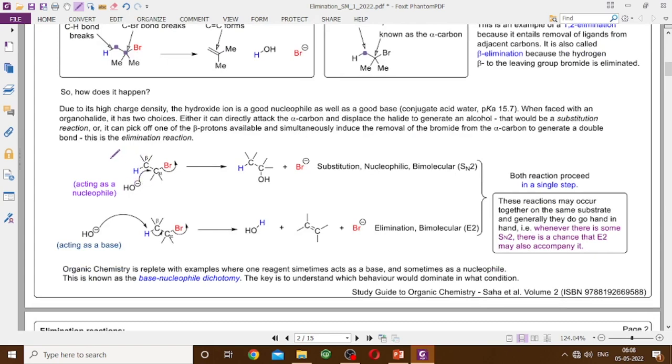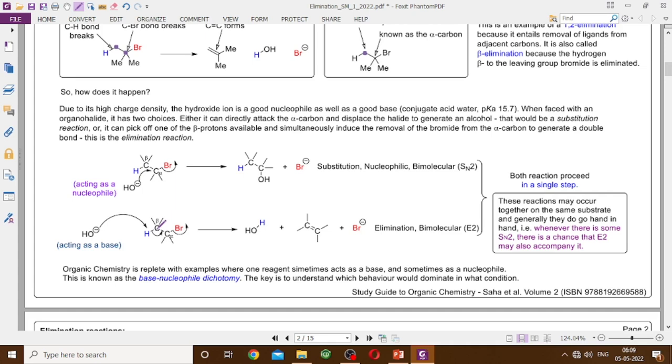a medium যেখানে একটা organobromide আছে, this hydroxide has two options. Either it can act as a nucleophile and displace the bromide from the alpha carbon. That's basically a substitution reaction, and যেভাবে আমরা এটাকে লিখেছি এটাকে আমরা বলতে পারি nucleophilic substitution bimolecular, which is known as the SN2. Or this hydroxide can act as a base and abstract this beta hydrogen